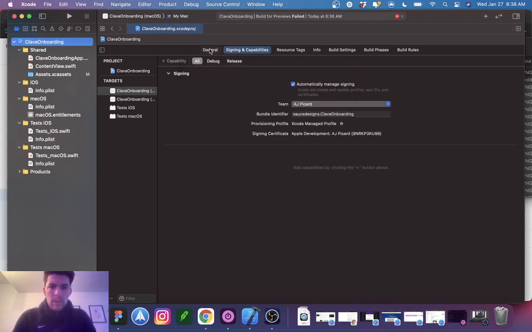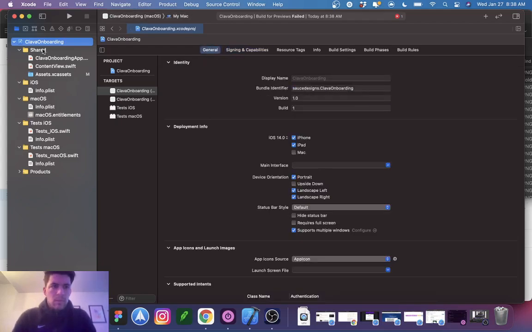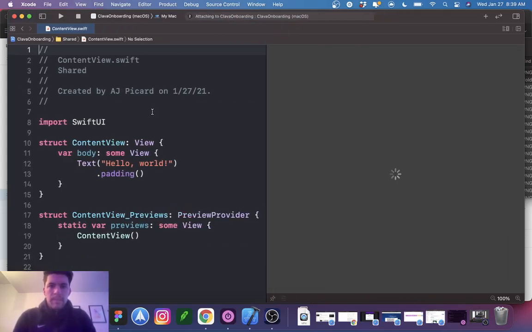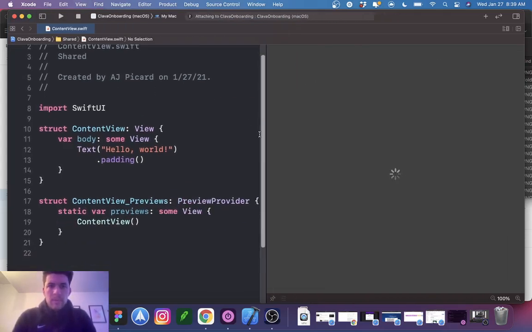Okay, that should work then. Let's go back here. Okay. Building task, build succeeded. Let's try this again. I just updated the app, so